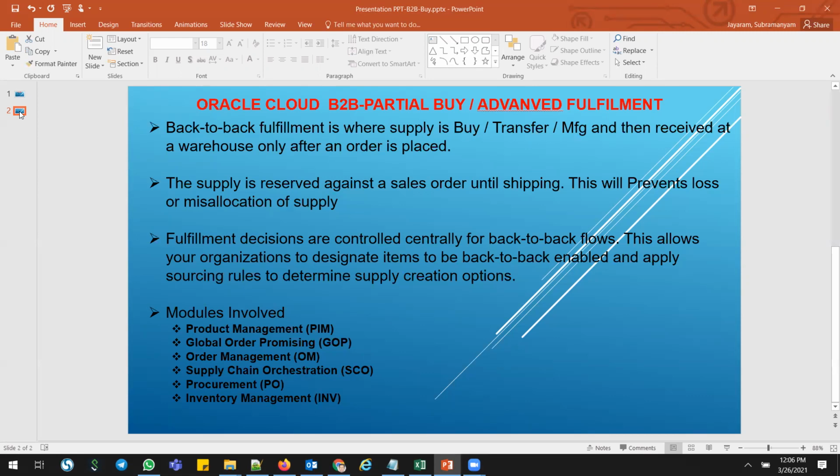And again, the inventory module, which will help you to check your supply and demand, reservations, and then you are picking and shipping and the receiving process after the purchase order, once the supplier ships the purchase order quantity. These are the modules you need to know in detail. So in the system, we are going to see how the process works from the beginning onwards.